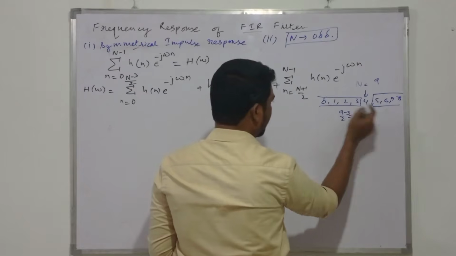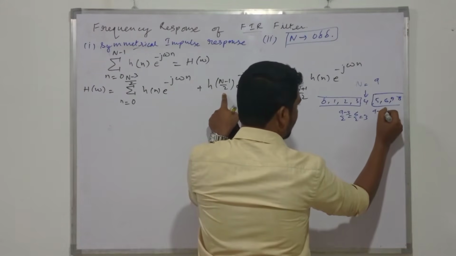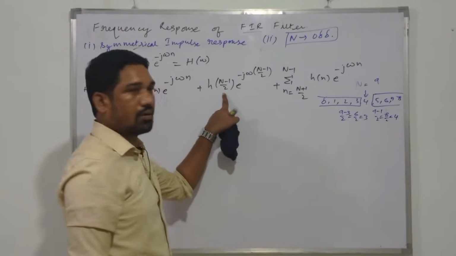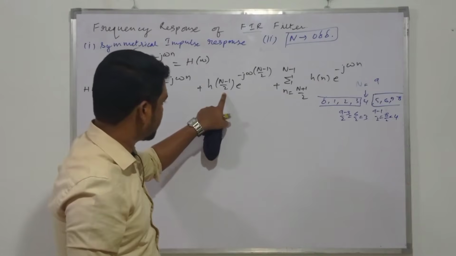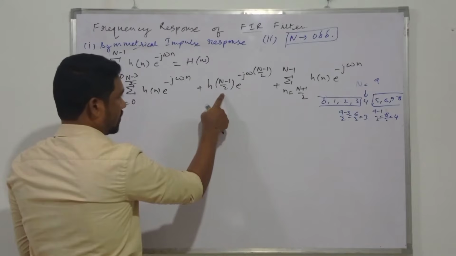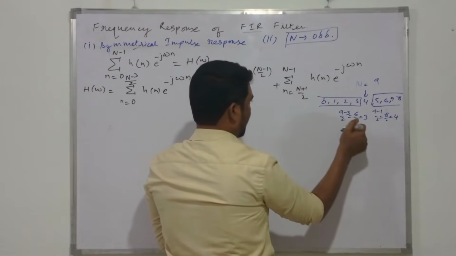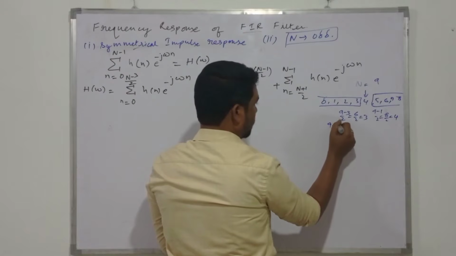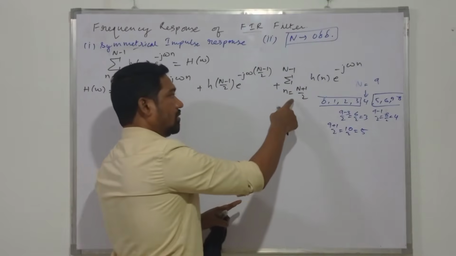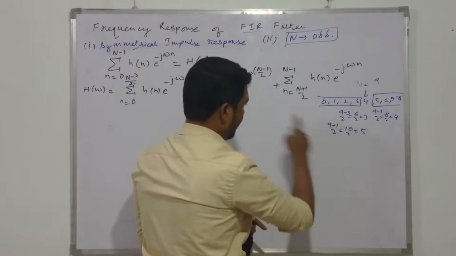And the center one, (N minus 1) by 2, it's (9 minus 1) by 2, 8 by 2, it's 4, of course. n equal to 4 we have over here. So we have n equal to 0 to 3 over here, n equal to 4, and this should be n equal to 5 to 8. Let's see that. (N plus 1) by 2, it's (9 plus 1) by 2, 10 by 2, which is equal to 5. Of course, this summation will be from 5 to N minus 1, that's 8. Yeah, we have all the terms.